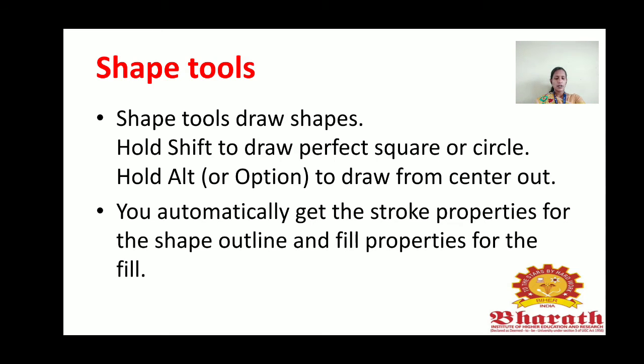Present values appear in points. And when you come to the tool, as I said before, the stroke tool is mainly used for applying various colors, and we can change the color according to our choice. And the shape tool is mainly used for specifying the shape, it can be a square, or it can be a circle, or use the Alt option to draw from